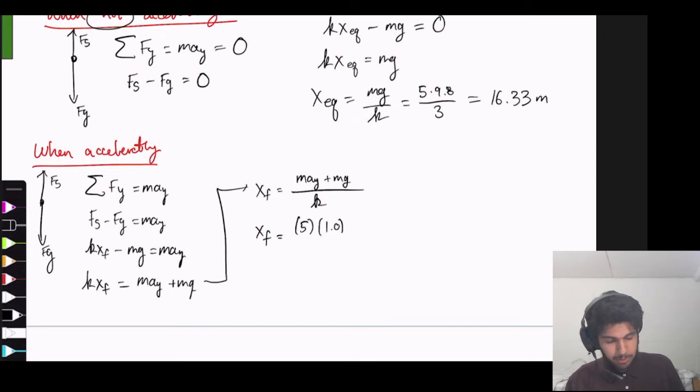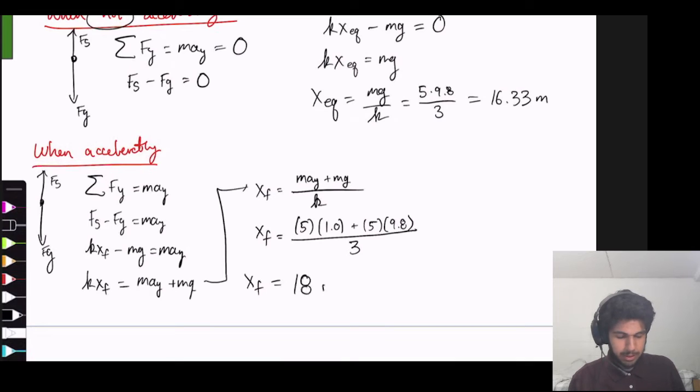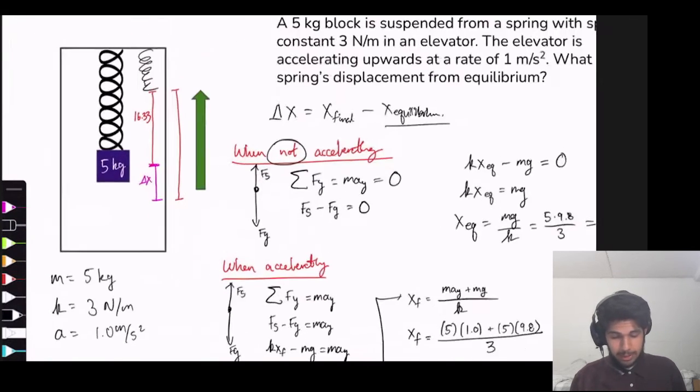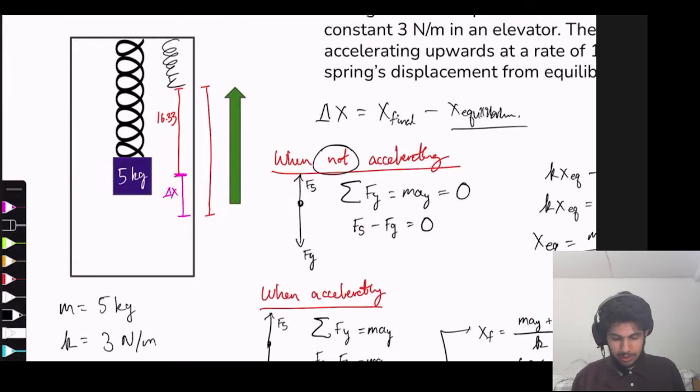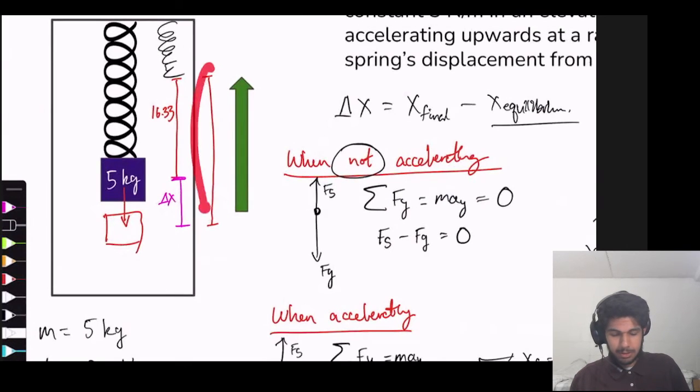Acceleration is 1.0 plus 5 times 9.8, all of this divided by k, which we're given to be 3. And when we do this, we get x sub f is equal to 18 meters. So if we go back to here, when the elevator is accelerating, the block is lower down than if the elevator was not accelerating. So that would be this vertical distance here, which is what we were trying to solve for,